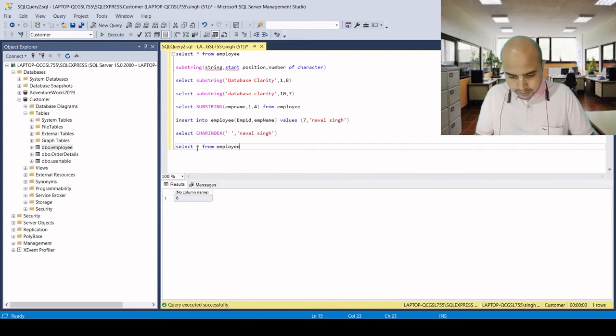Here we will see the first name and the last name. First, substring. Here the string is emp name, right?